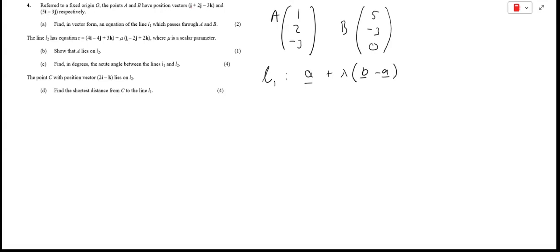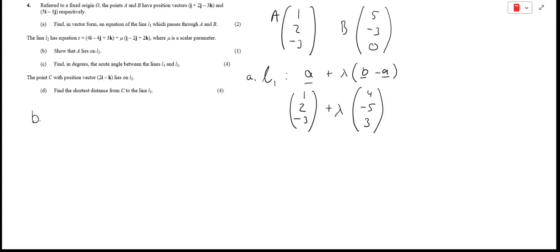So if I sub it into that equation, I'm going to get 1, 2, minus 3 plus lambda (B minus A). So 5 minus 1 is 4, minus 3 minus 2 is minus 5, 0 minus 3 is minus 3. And that's part A. And then part B,